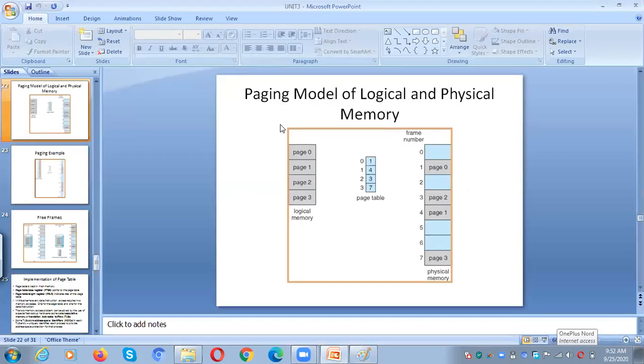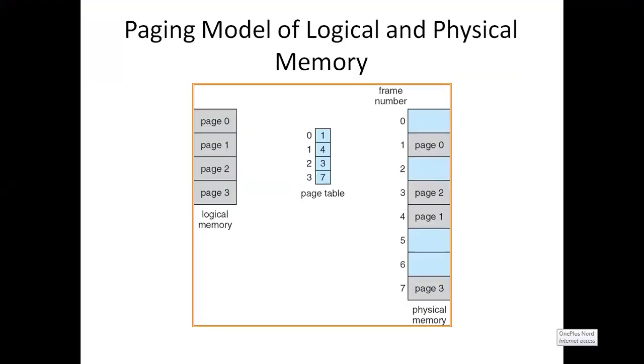Okay. So observe this particular diagram. Here there is a page table. What does a page table consist of? These blue colored ones are frames, and the outer part is pages, page numbers. This is the page number and these are the frame numbers. So this is the logical memory. Logical memory means your process. Your process is divided into 4 pages. As I told you, logical memory is divided into pages and the physical memory is divided into frames. So all these are the frames. This is the physical memory. Physical memory means main memory. And this is your secondary memory.